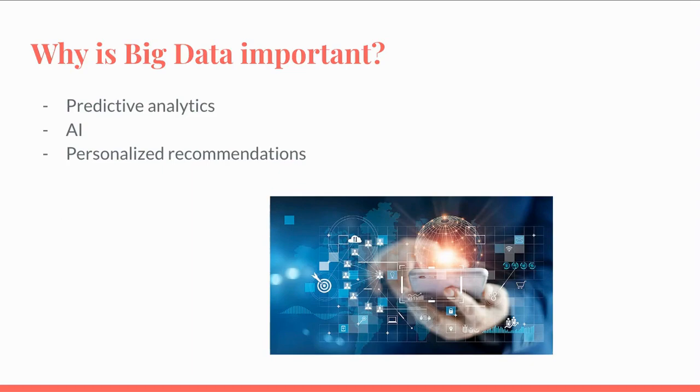For example, if you had an AI system whose purpose is to decide whether or not a picture contains a car in it, how would AI be able to filter through all these different pictures if it has no basis or no sense of data on what a car looks like or what a car is? Especially when translated to the real world, where you have massive scale AI systems such as ChatGPT that's able to produce high quality information in a matter of seconds. How would this be able to happen without the use of big data? Well, I'll tell you one thing's for sure, it occurs because of it.